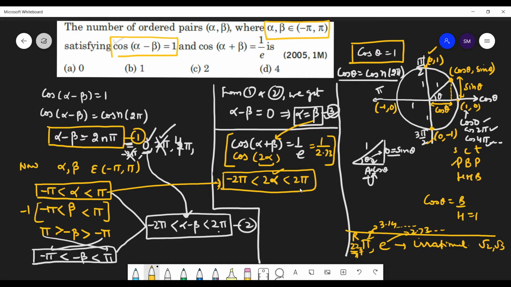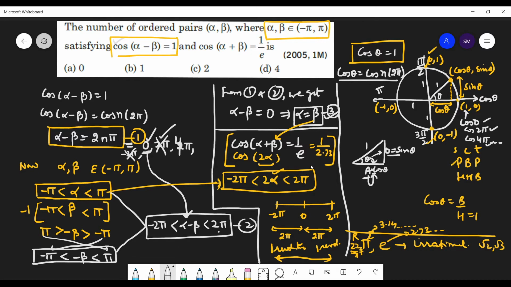Agree? Now you have this interval, students. And see, what is the length of this interval? Can you tell me? Minus 2 pi to 2 pi, you will have 0 over here. So you have one interval of length 2 pi, and here the length is 2 pi. So total length is 4 pi. So 2 pi means 1 revolution, and 2 pi again means 1 revolution. So how many revolutions are there in total? 2 revolutions. Very good. So 2 revolutions, students.